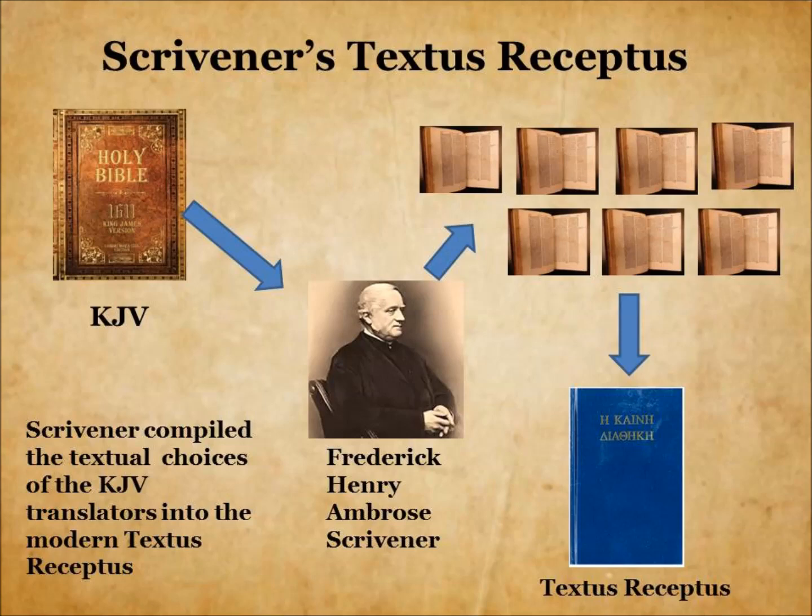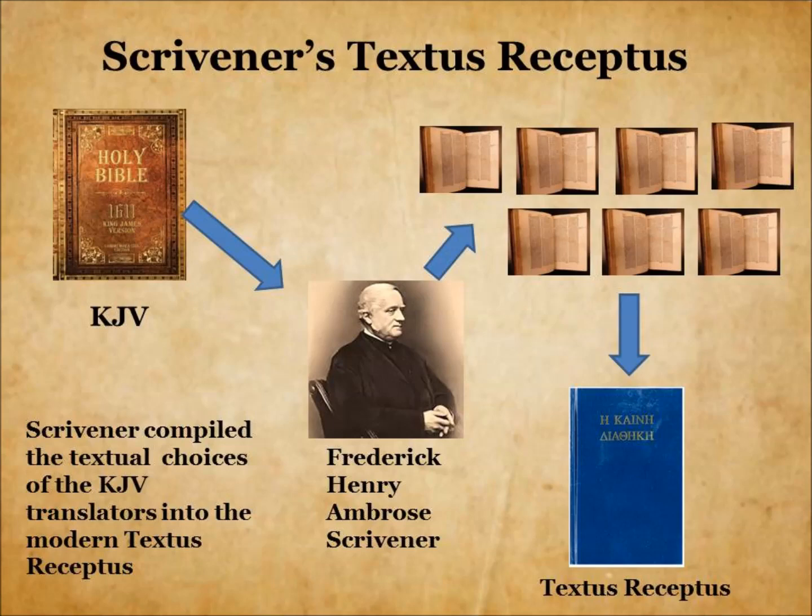I know that's a little bit confusing, but I hope that makes sense, that it was Scrivener's decision to compile all 7 of those into one book, and that one book was based off of the decisions that the King James translators had made in 1611. So the King James Bible, yes, it was translated from